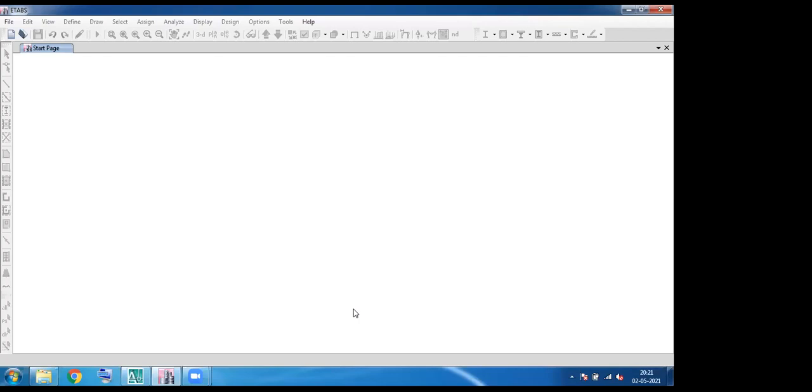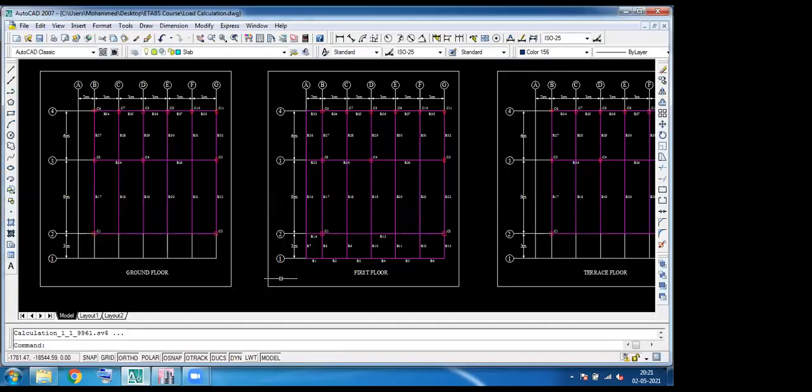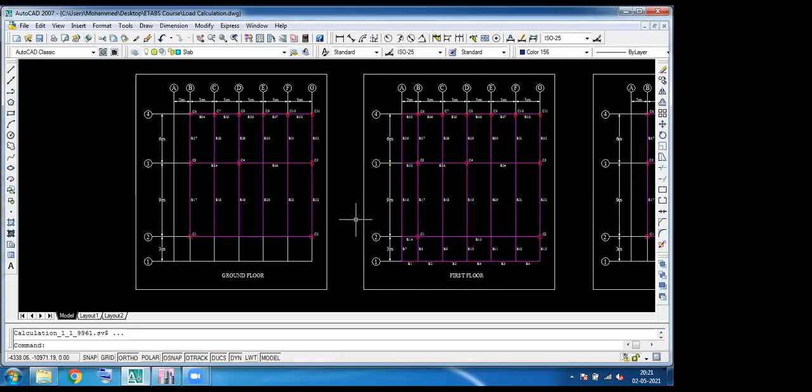Okay, so this is the simple basic introduction about ETABS. For this session today, we are going to model a commercial building, which is a G+2 storey RCC structure, as shown on the screen.